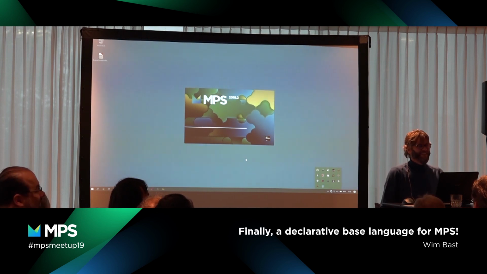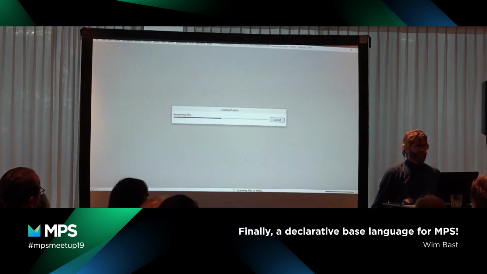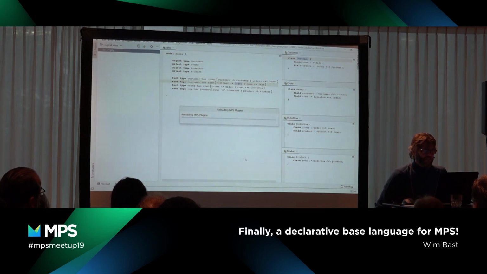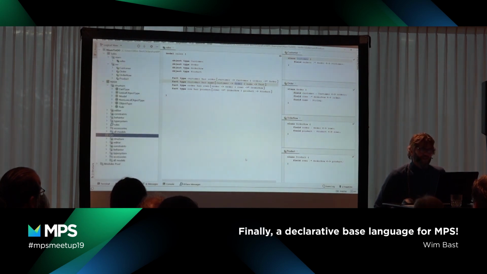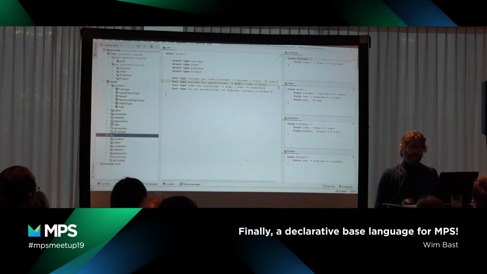Absolutely. Okay. At LangDev, I asked you about performance and scalability. You said you didn't do any tests yet. Yeah, we did. So it's about if you have a large model with rules, then you have to multiply the footprint of your model if you read it into memory with a factor of 4 to get the memory. So if you have 1 million nodes in a model, then you're at about 2.5 gig.